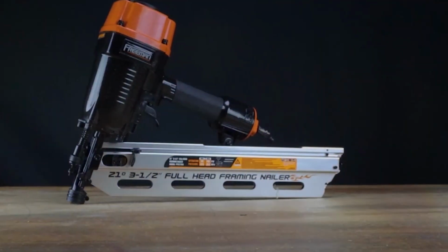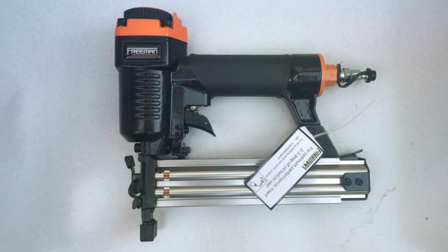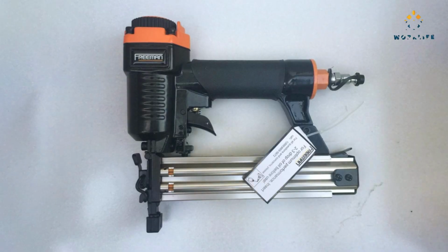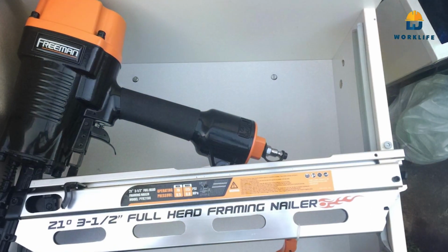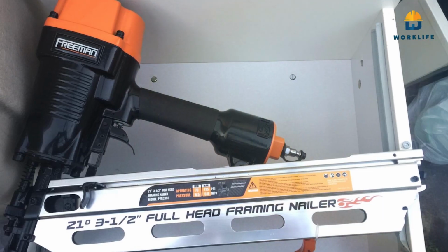Its pneumatic operation delivers high power, perfect for tackling tough projects like framing or decking. At the same time, it transitions seamlessly to precision tasks like trim and baseboards. The tool features an adjustable depth of drive, no-mar tip, and a quick jam release mechanism, all aimed at enhancing